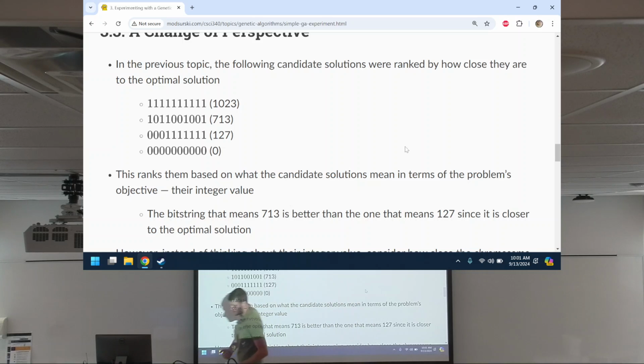In terms of what our candidate solutions mean, we're looking for binary numbers that represent the biggest possible integer we can find, unsigned integer, right? So in terms of what we are looking for, evaluating the binary number and its integer, that's what we're maximizing. The one that has the bigger number is the better one.